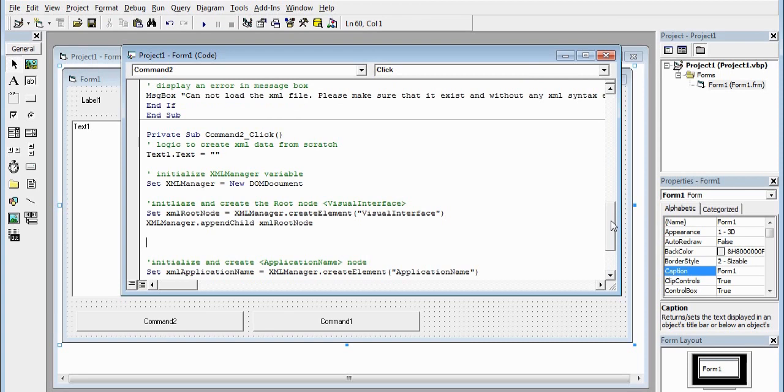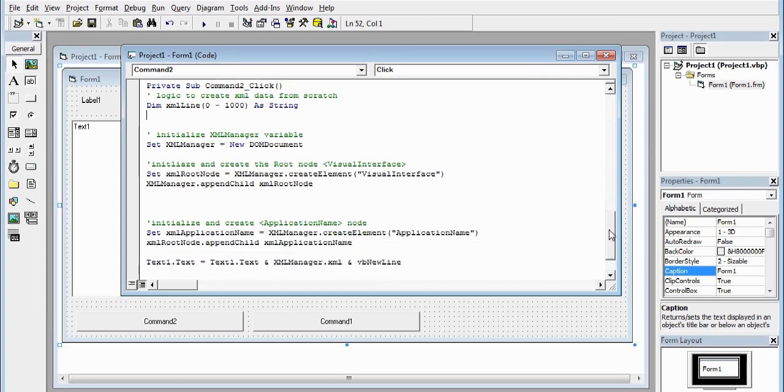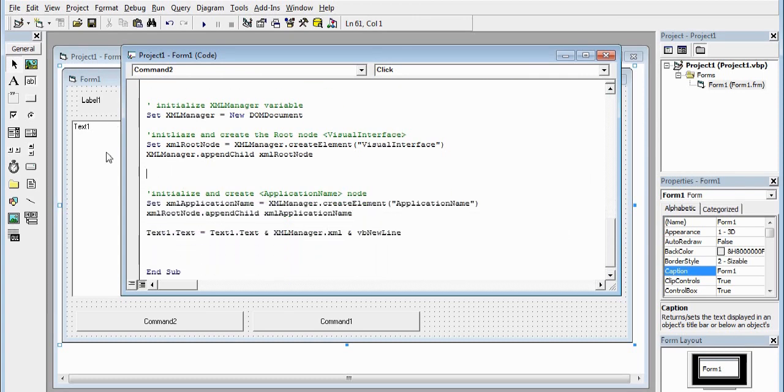So what I'm going to do is say Dim XML line as array, from 0 to, let's say, 1000. Let's say 1000 lines of XML code. That's a huge document, a string. So it's our array, and over here, when we create the first root node, I'm going to say that